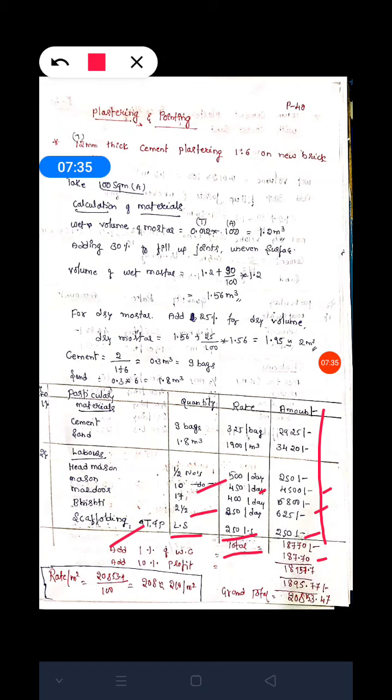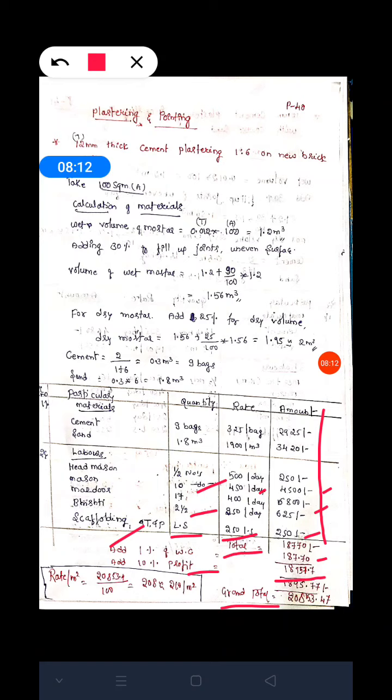Then adding 18,770 plus 187.7 rupees, we get the total amount around 18,957.7. And for this additionally we are adding 10% extra for the contractor profit, and the amount we get is around 1895.7. After adding 18,957 plus 1895.7, the grand total we get here is